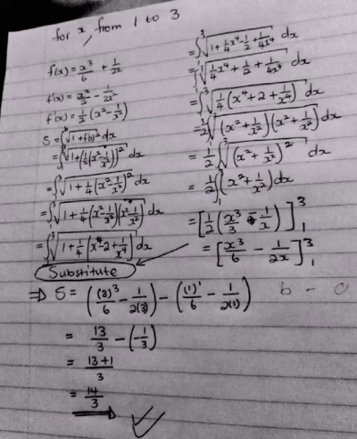Then we put square brackets, with 3 as our b and 1 as our a. And then from there we are going to substitute. Remember, it's b minus a, so the first one is going to subtract the second one. So when we substitute 3 on the first,